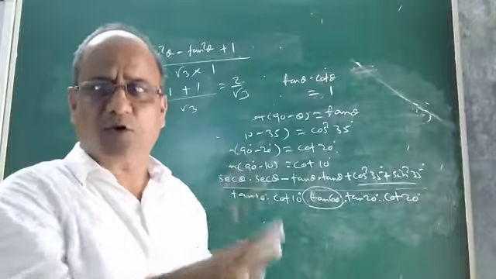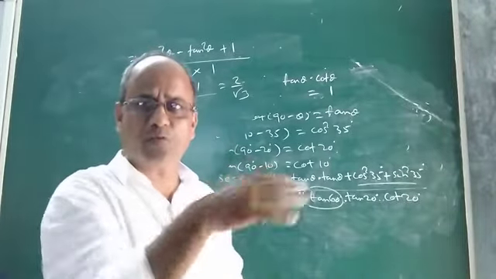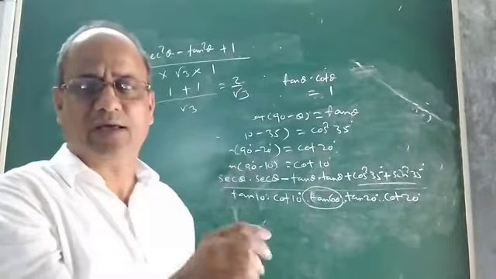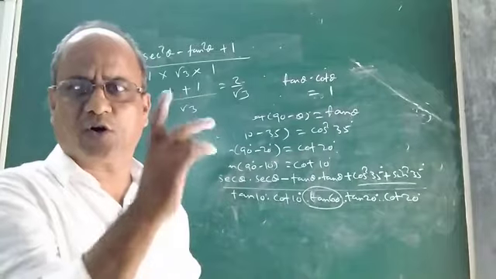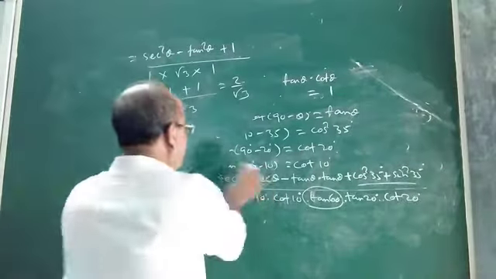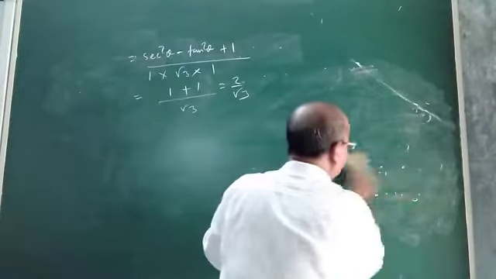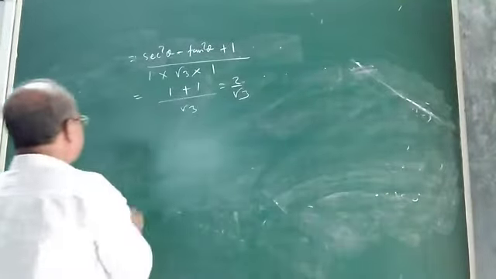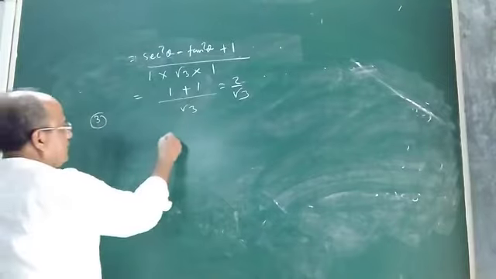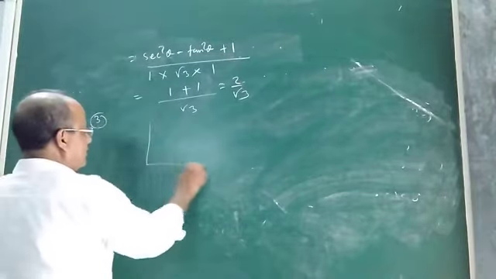Okay. So children, I hope you understood how to evaluate, how to prove trigonometric identities, etc. Okay. Let us discuss one problem on triangle. See, suppose a question is given like this. Let us see how to do. Okay. Suppose a question is given. Suppose you are given this figure. You look at